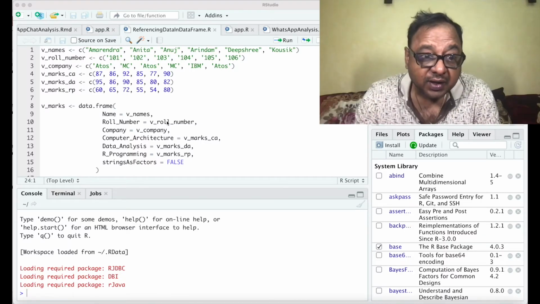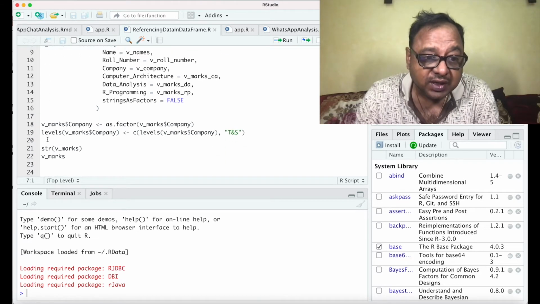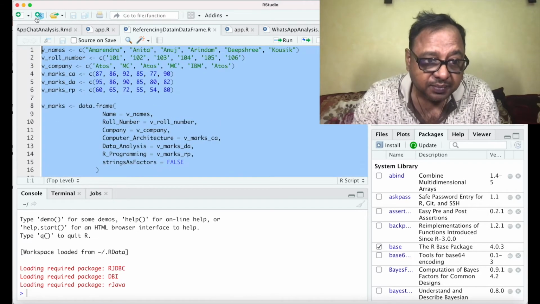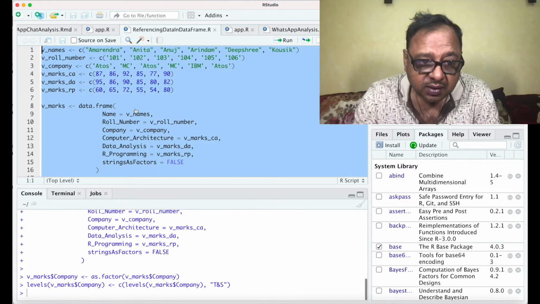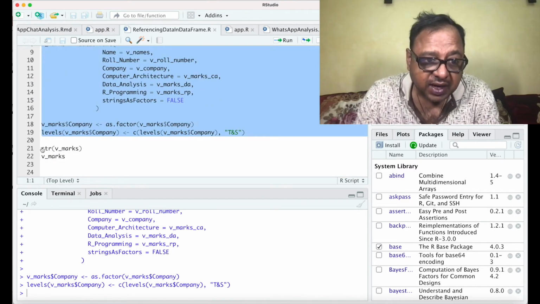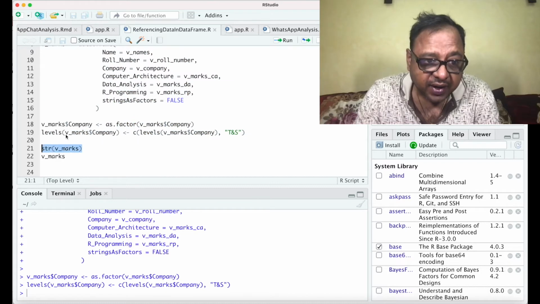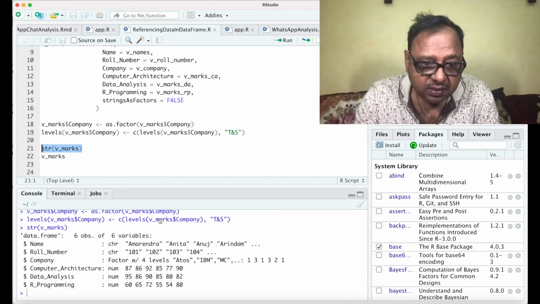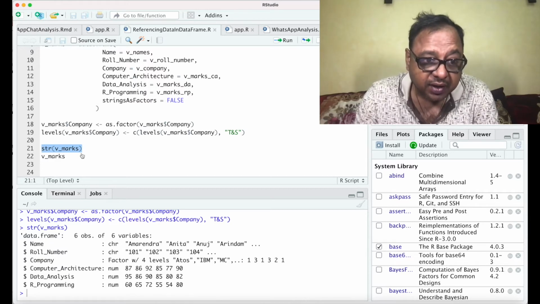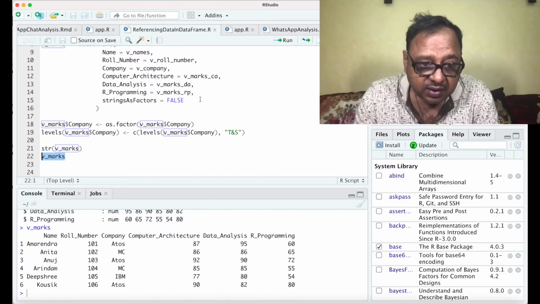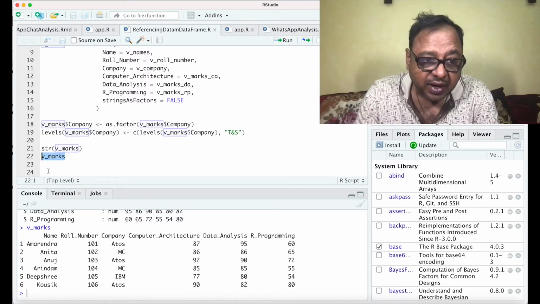So here we are in RStudio. First let us create our data frame. We know all these things, so I will just run through this command. Now the data frame is created. I just have a look at the structure to verify it. You see that we have two string columns, one factor column and three numeric columns. So the data frame looks like this. You must be familiar with this by now.